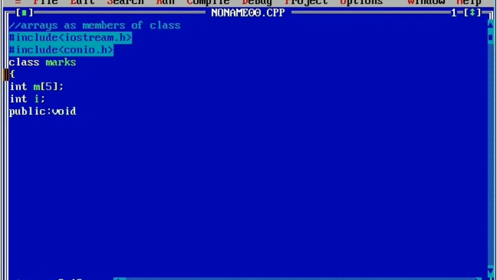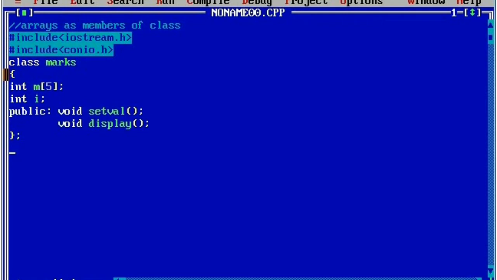Next I'm going to write void set value. Otherwise you can take get data. Any valid function name you can take. Here I'm going to declare this one and I'm going to define these two functions outside the class definition using scope resolution operator. And here I'm going to close the class definition by putting semicolon.